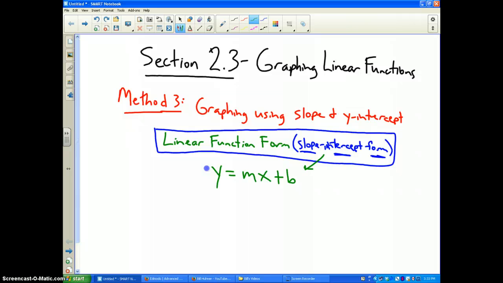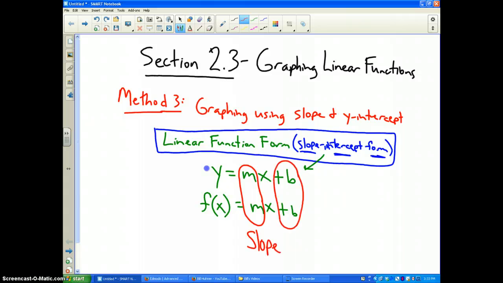That's called slope-intercept form. Now, as we're already studying and learning this year, y can be replaced with f of x for function of x, which is equal to mx plus b. In either case, both of them are the same. From your prior studies on linear equations back in 8th and 9th grade, I hope that you remember that m is the slope and the b value is the y-intercept. Thus, its name,